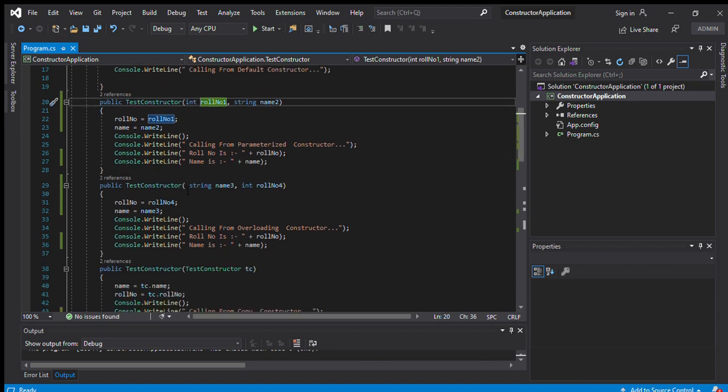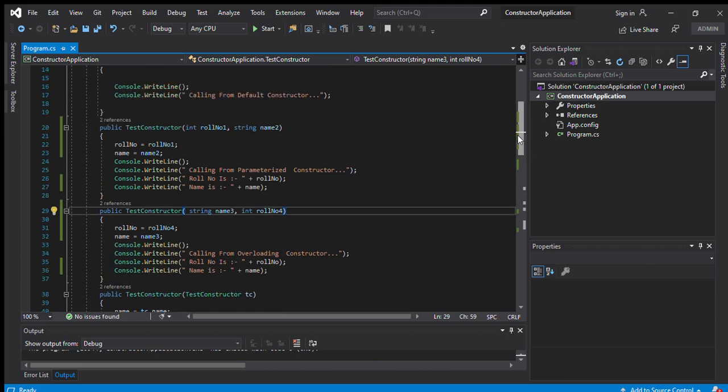Now the third one is constructor overloading. Parameterized constructor means we pass arguments to the constructor. Overloading means the same method name. Here one method name is TestConstructors, and this method's name is also the same, but with different parameters.